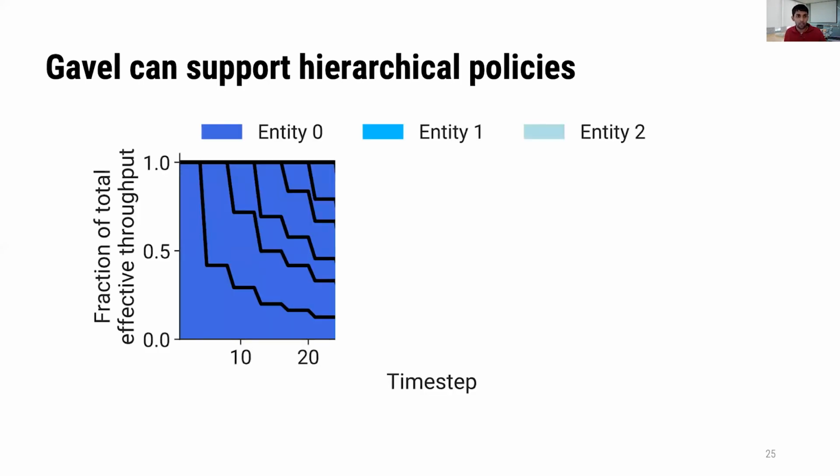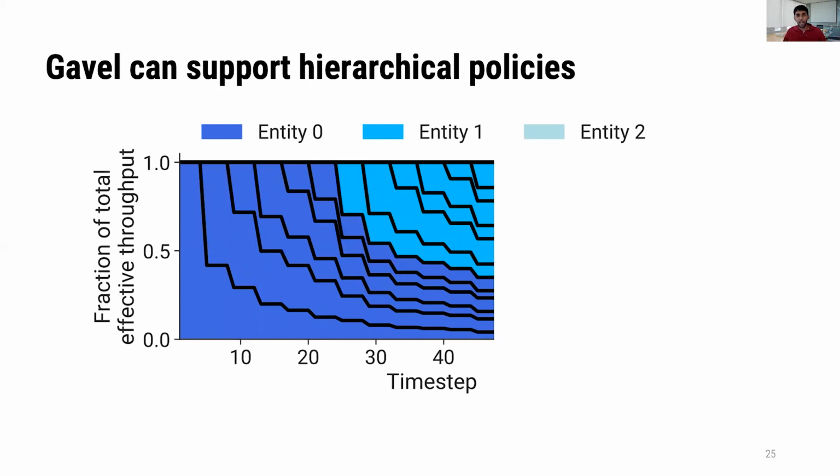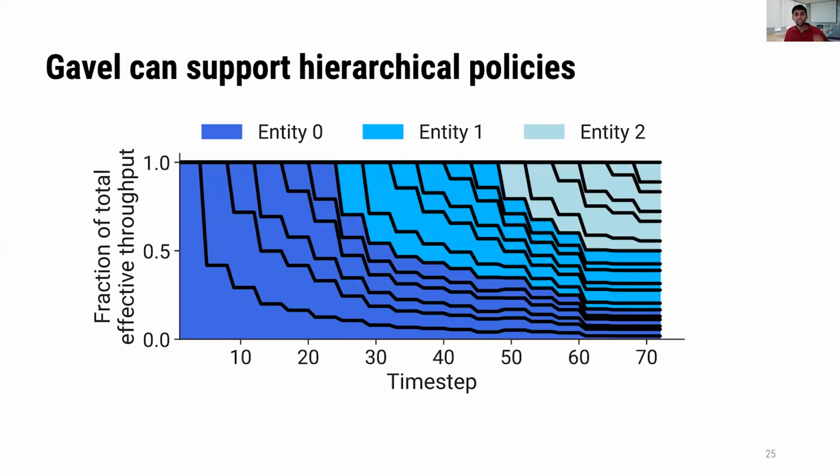So now we can visualize how the allocations to various jobs change as jobs are added to the cluster, and these jobs belong to different entities. So first we're going to add jobs belonging to entity 0. Now we're going to start adding some jobs from entity 1. And we quickly see that the width of the color bands very quickly converge to the ratios of the weights of these entities. So we can see that entity 1 here has twice the allocation of entity 0. And as we add more jobs from entity 2, the allocations again adapt. And the final allocations for each of these entities are in the ratio of 3:2:1, which is the ratio of their weights as well.